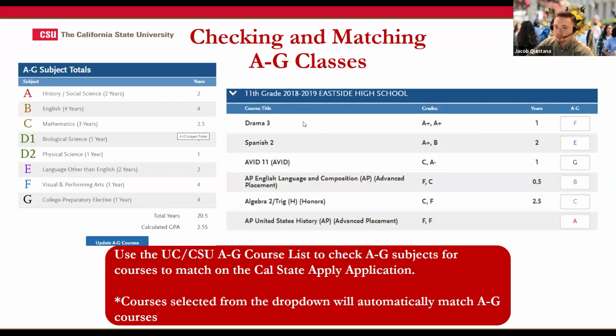The student took drama and received an A plus in both semesters, right? Drama is considered a visual and performing art, so it's automatically indicated as F, right? Spanish too is considered an E block because it's language other than English or foreign language, right? So again, you just want to go ahead and double check those, and the best way to double check that